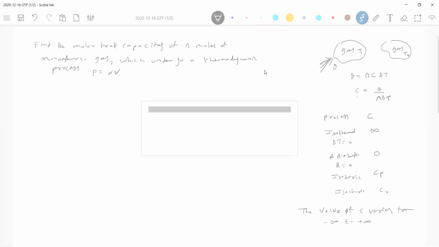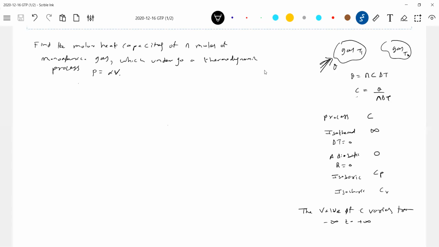Okay, now we have to calculate molar capacity for such a process. We know it for an isothermal process, we know it for an adiabatic process. Similarly, for this process, what is the molar capacity? Is it isothermal? Adiabatic? Isobaric? Isochoric? No, it is a general thermodynamic process. For all general thermodynamic processes, we use the ideal gas equation, the definition C equal to Q by n delta T, and the first law of thermodynamics. These are the things I'll use to solve all the problems we encounter today.